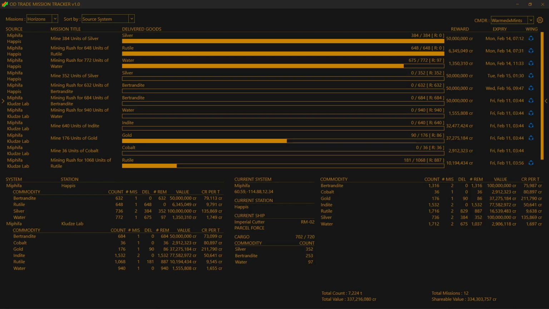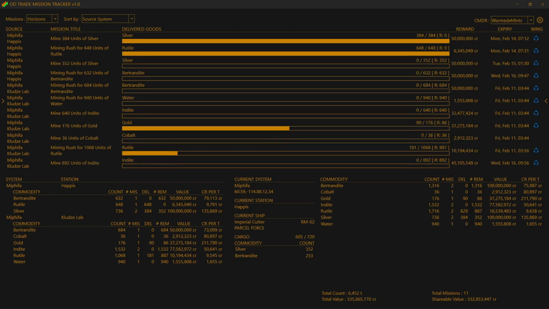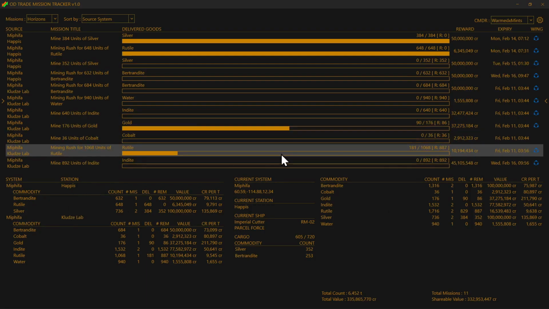All right, so if we try that again, we deliver the water that we need, complete that mission as well, and there we are. It's all gone. It now shows me I no longer need any water for Happis. All right, and that